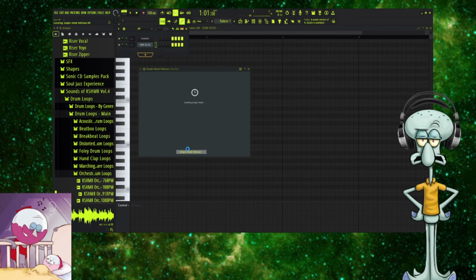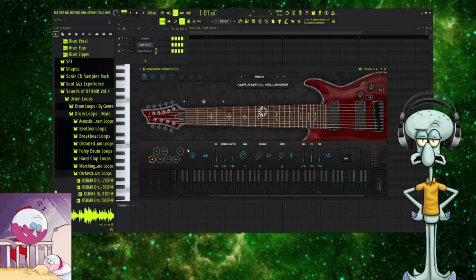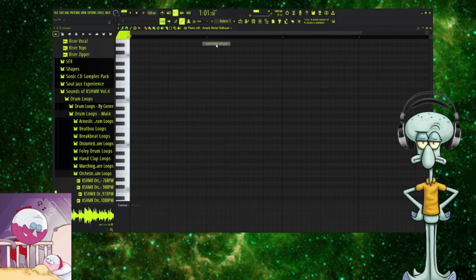Okay, I think my FL Studio is going to crash. I don't know why. My computer is just really bad. I don't get paid much at the Krusty Krab. They don't pay me much at the Krusty Krab. Oh, here it is. You see, I used this guitar when I was in that one episode with SpongeBob and Patrick where we were doing that band and plugged it. But anyways,